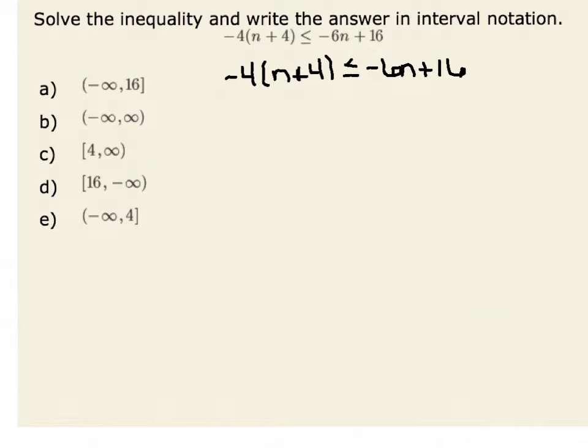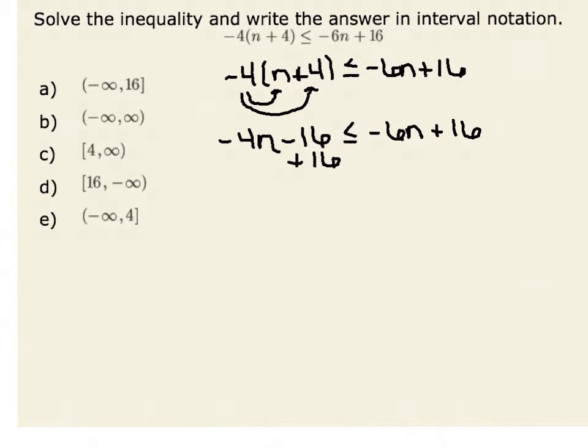There are several ways that I can solve this inequality. One way that I could solve this inequality is to distribute my negative 4 over addition. Therefore, I would have a negative 4n minus 16 is less than or equal to a negative 6n plus 16. My next step would be to isolate my variable on one side of the inequality. I could add